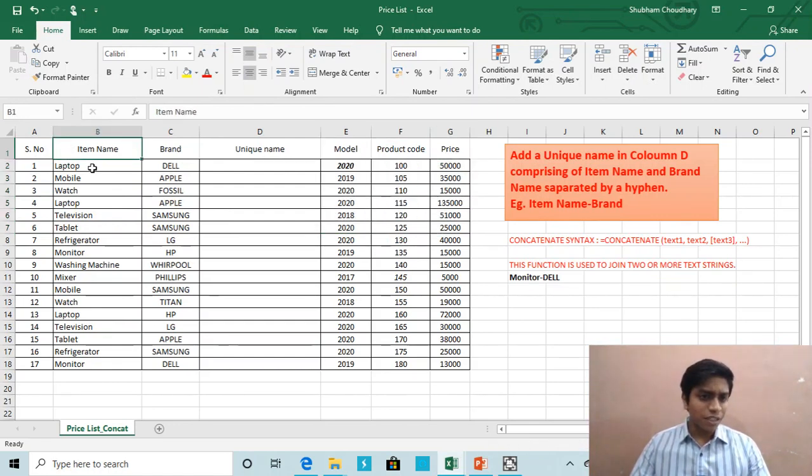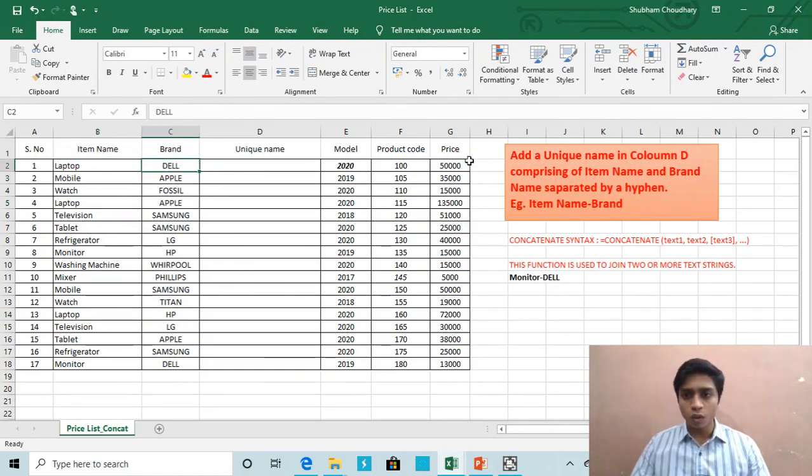Item name has items like laptop, mobile, watch, television, etc. As you can see, every item has multiple entries, like laptop has multiple entries, but still they are separated or unique by their brand name. For example, laptop Dell and laptop Apple. Again, we have a laptop HP. So every item has been distinguished by the use of brand name.